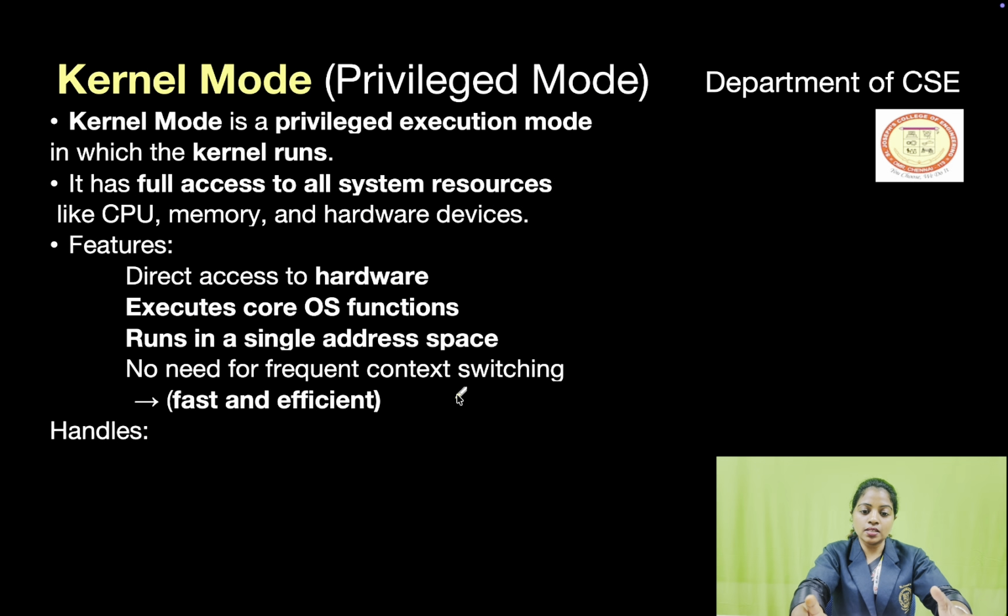So what is meant by context switching? Context switching is when the process switches from one state to another. In that case, the system should save the state of the current process, and then move on to the next process. So in this kernel mode there is no need for frequent context switching,